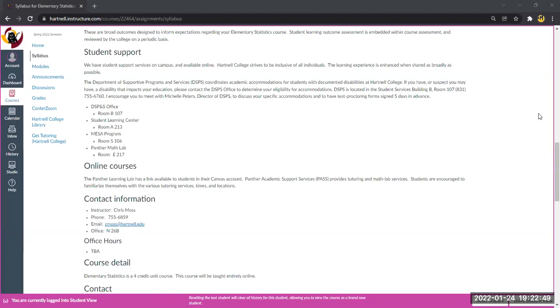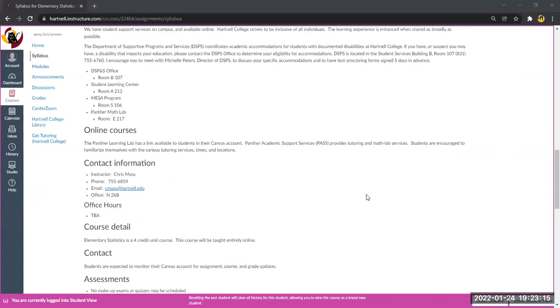That's pretty much a first-gen, low-income parameter, I believe, to be eligible for the MESA program. I will note that the Panther Learning Lab link is going to be available in your Canvas course shell. It's right over there somewhere on the left, and I'll show you mine in a moment. Oh, there it is right now. Get Tutoring at Hartnell College over there on the left.